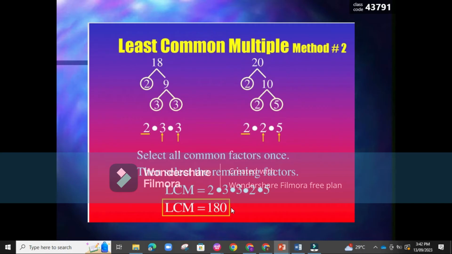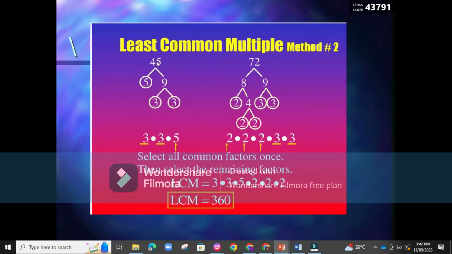Okay? So it will take time for us to use the listing method if we're going to do the listing method. So this is now how you're going to use prime factorization in getting the least common multiple. Okay, let's proceed to another example. How about 45 and 72? If you are asked to get the least common multiple or LCD, if we're dealing with dissimilar fractions, 45 and